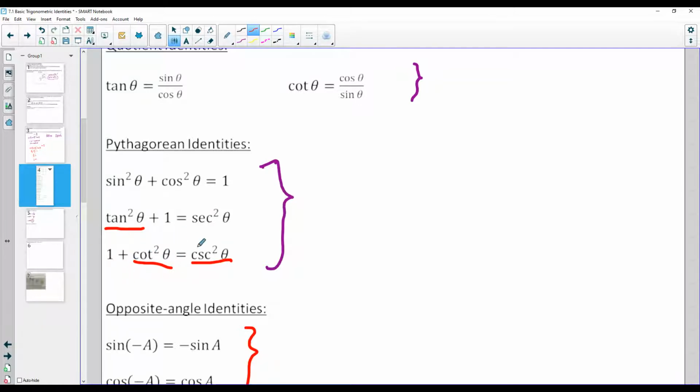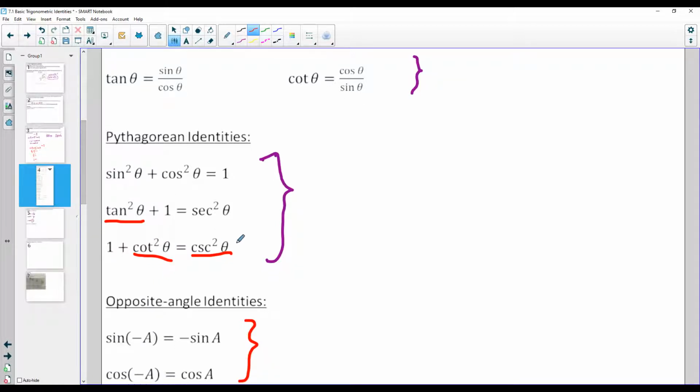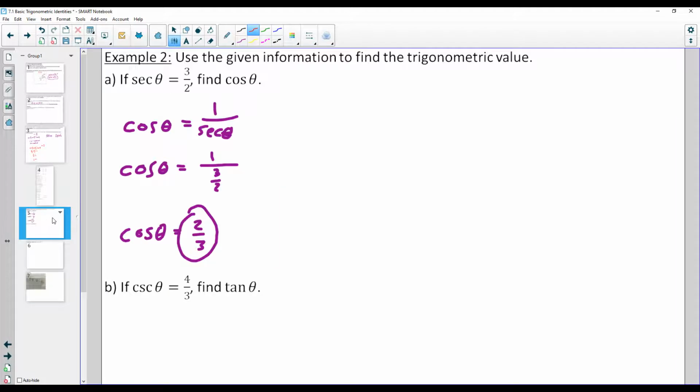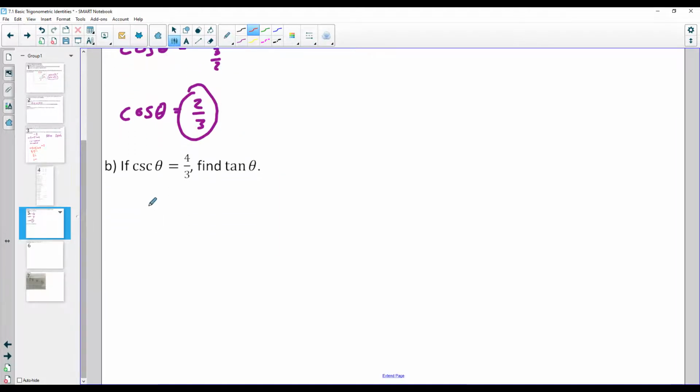use this one. So that's like my thinking process, right? I'm going down the list to see what I could use for this to work. And so that's why I said it might be beneficial to have it out separately. So I'm going to use this identity right here, 1 plus cotangent squared theta equals cosecant squared theta. I'm just going to flip it the other way around. I'm going to say cosecant squared theta equals 1 plus cotangent squared theta. All I've done here is rewrite that identity,